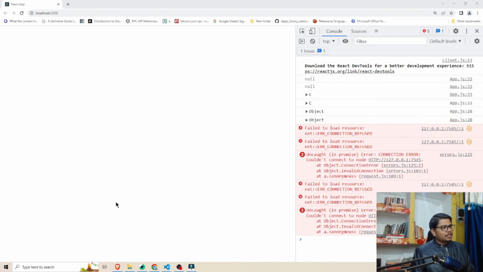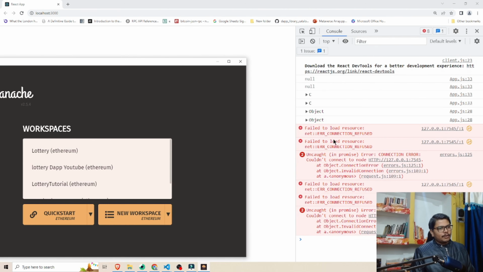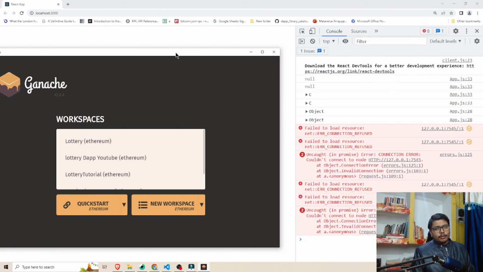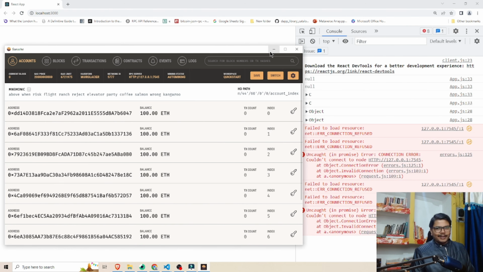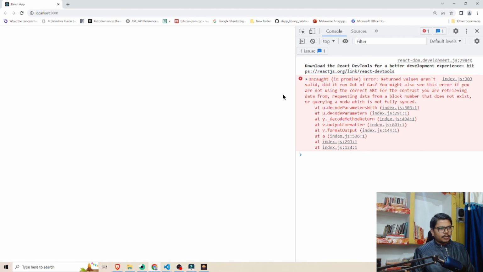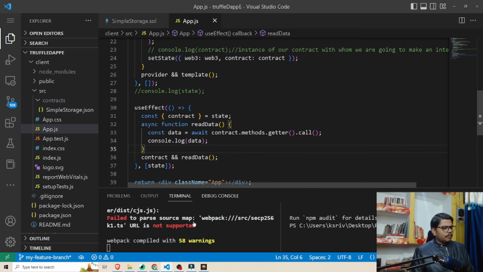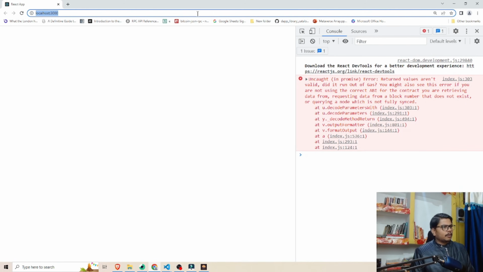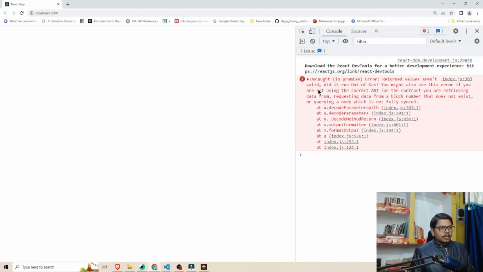Let me open my Ganache. So this type of error occurs whenever your Ganache is not working, or wherever the blockchain that you are connecting with is not working. Let me, okay, nice. So now again I will refresh it, and okay, return value, okay, some issue. Let's go back. Let me try to save it once more. Let me go back here, refresh. Okay, it's saying that while it did not run out of gas,